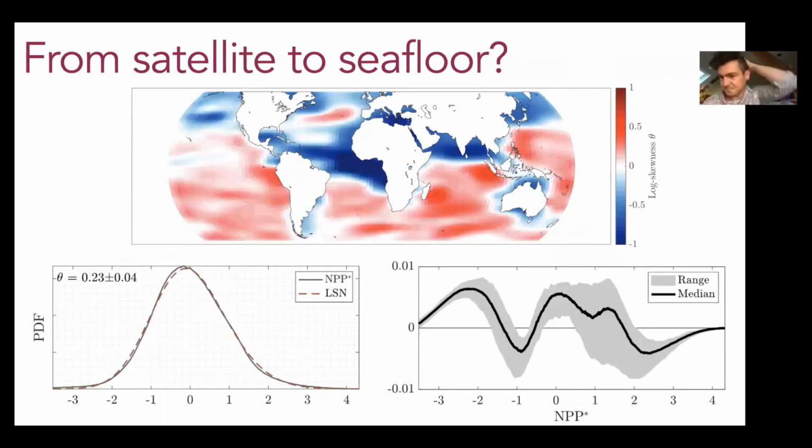And actually, this type of variability is detectable all the way from space, and it goes all the way down to the seafloor. So we see it even in the remote sensing measurements, or not measurements, they're estimates, they're models, but even remote sensing based from satellites, productivity has this signature of log normality in it, and that propagates all the way down to the seafloor, which is, I think, very cool.